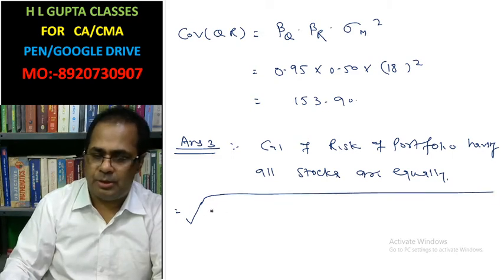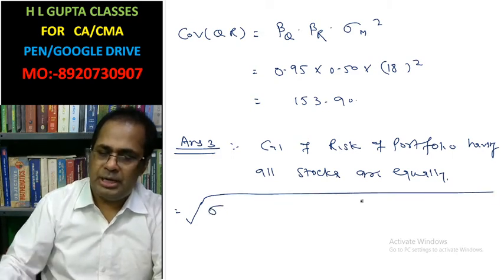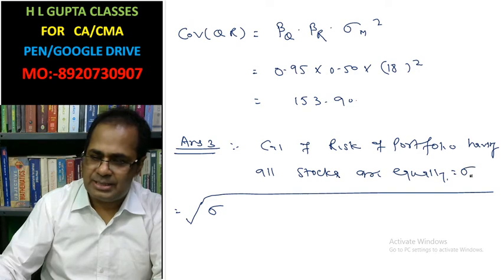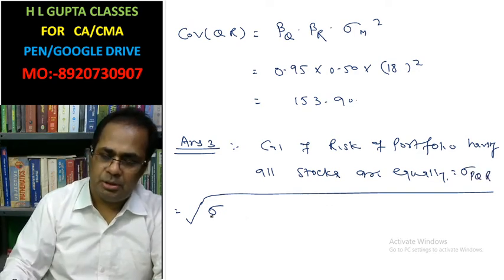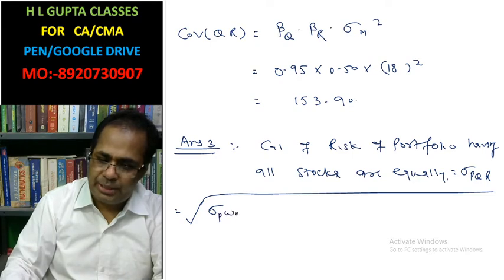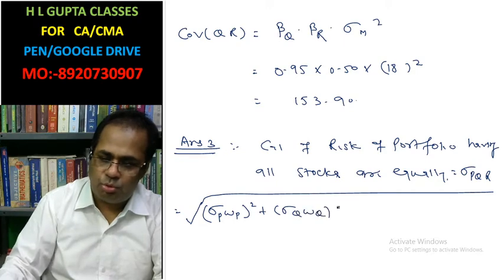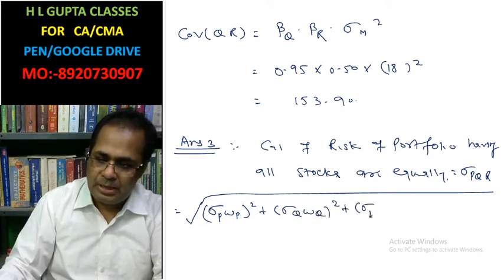This is the formula, and this is represented by the standard deviation of PQR. This is the standard deviation: standard deviation of P times weight P whole square, standard deviation of Q times weight Q whole square, standard deviation of R times weight R whole square,